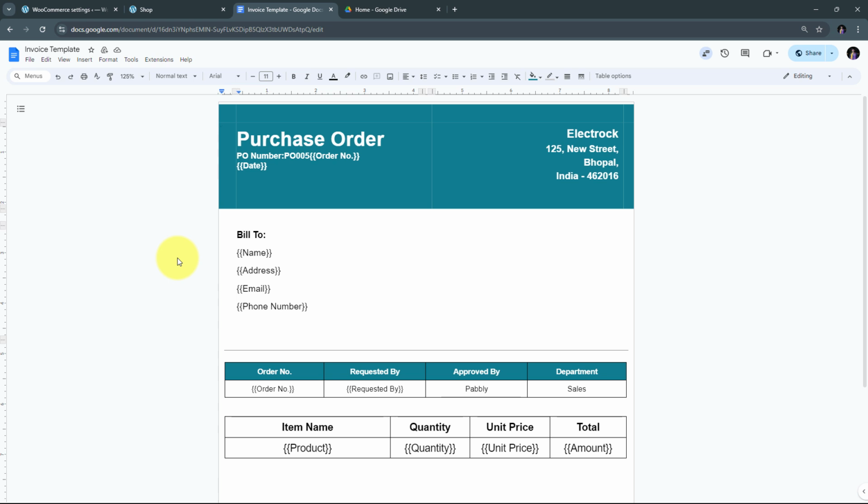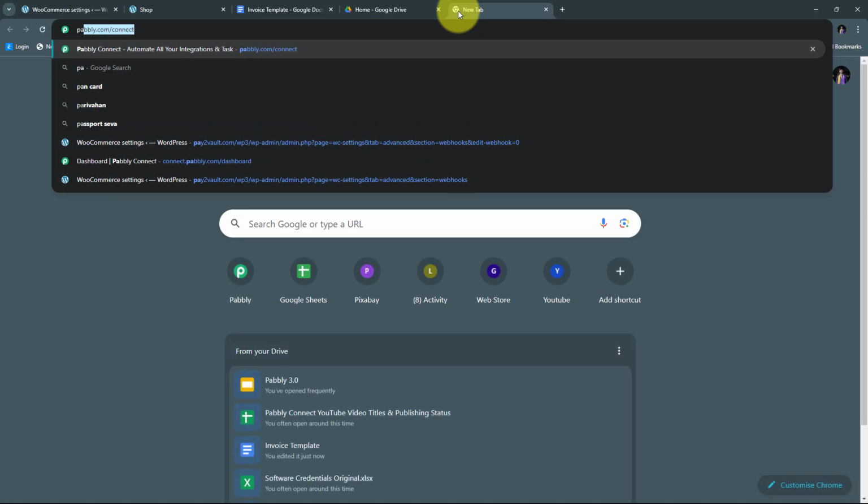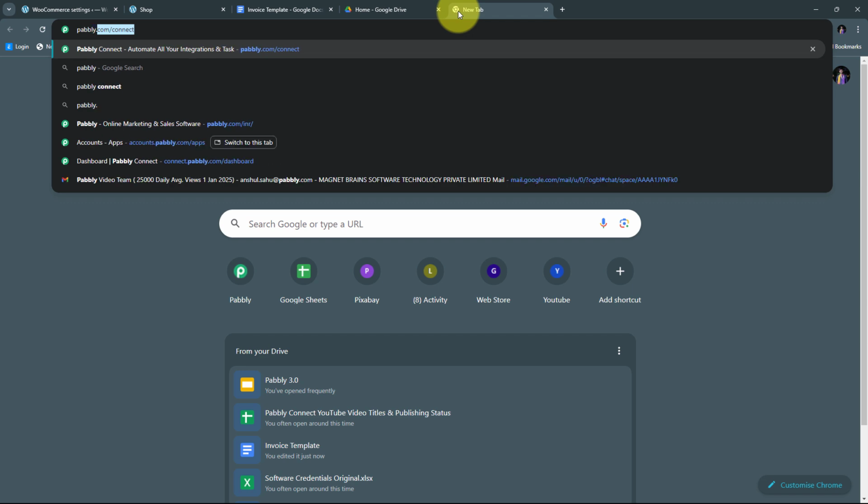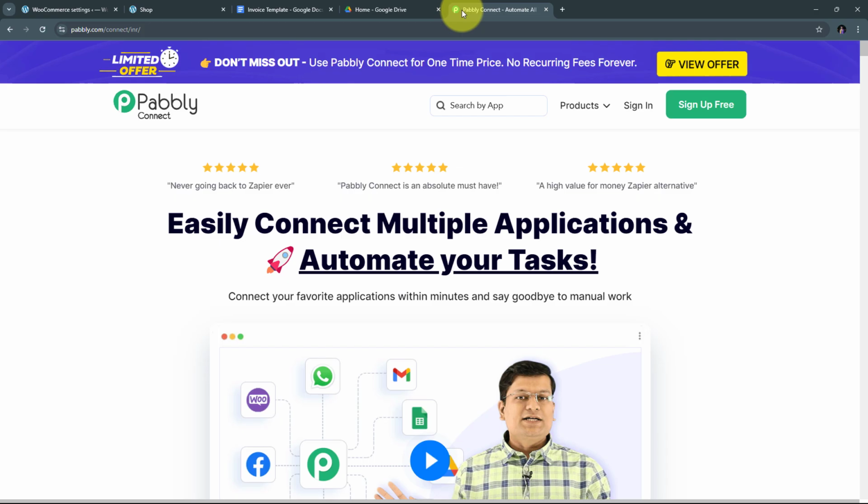For setting up this automation, I need to use Pabbly Connect, and for that I need to open a new tab and search for pabbly.com/connect in my browser. This will take us to the landing page of Pabbly Connect. Here on the landing page, I have these two options of sign in and sign up for free. If we don't have an account with Pabbly Connect, we can just click on the sign up for free button, and this will take only 2 minutes of our time, and we will get 100 tasks free every month. Or if we already have an account, we can just sign in